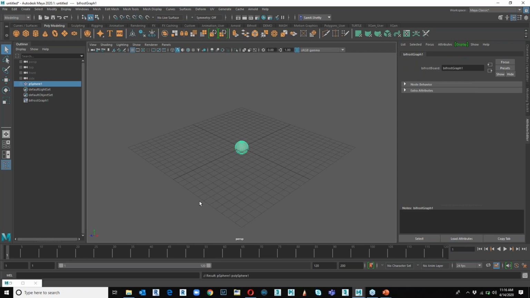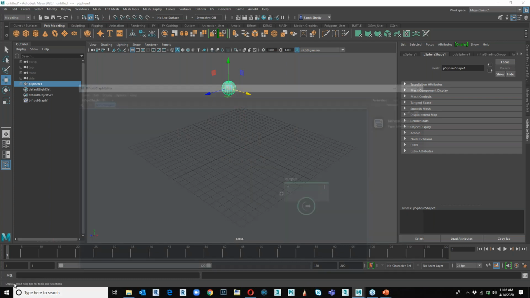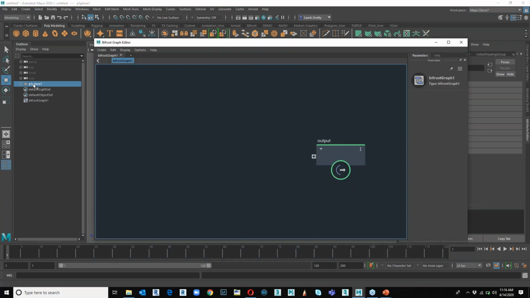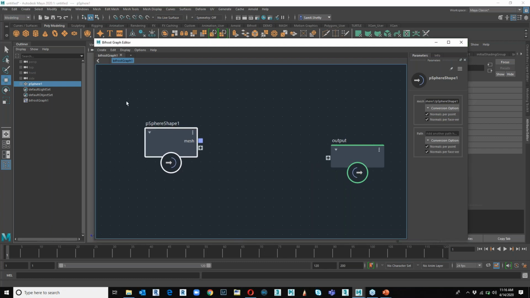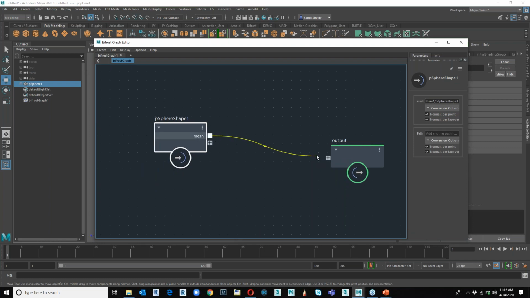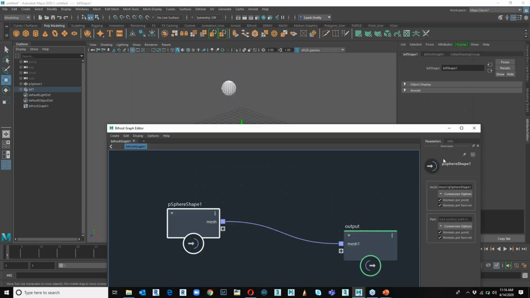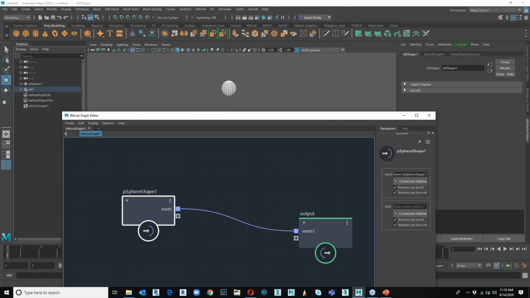And let's say I have a sphere and I want the sphere to emit particles. So all I want to do is in my outliner, I can drag the sphere and this sphere is going to be the input. And that's the reason I deleted that input node from the graph editor earlier. Now, if I connect this input sphere to an output, nothing is going to happen because there is nothing happening in between. Correct. So all we need to do is that we need to make sure